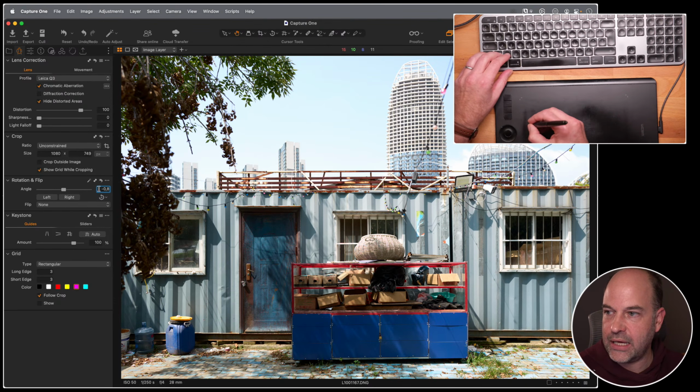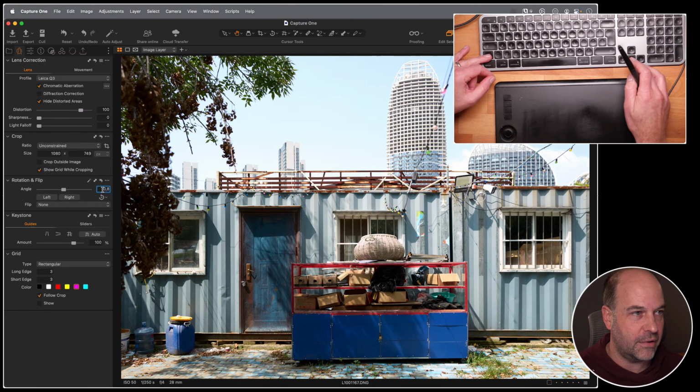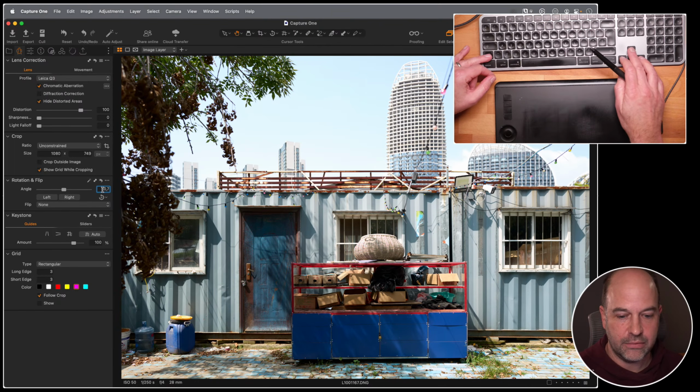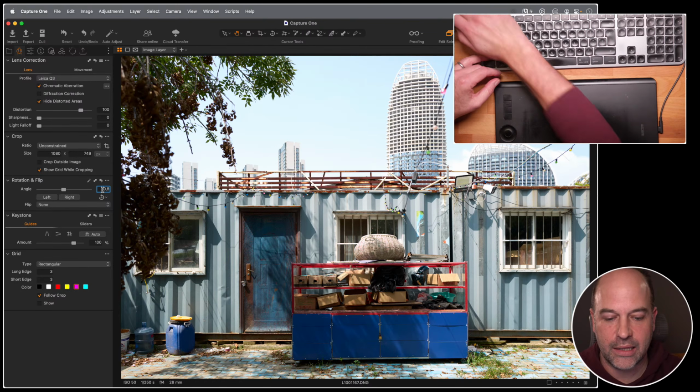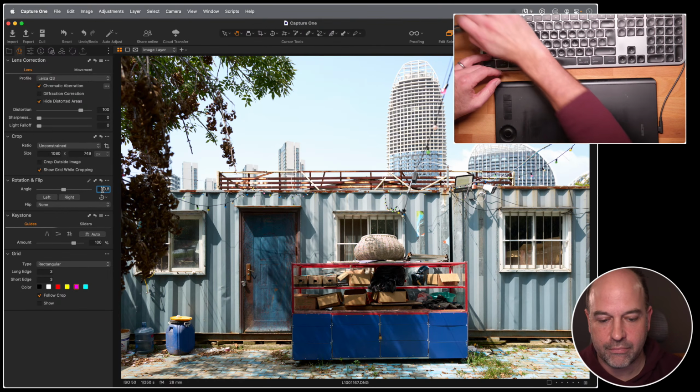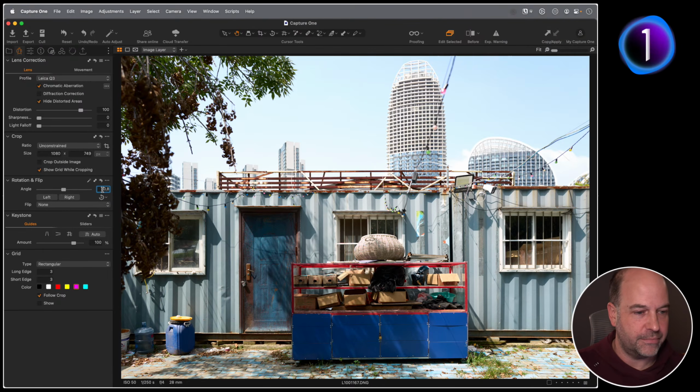If I go into the angle and just press the up and down cursor key, I get 0.01 adjustments. If I do shift up and down, I can get bigger adjustments. So if I just want to tweak the rotation a little bit, I find that a lot easier.